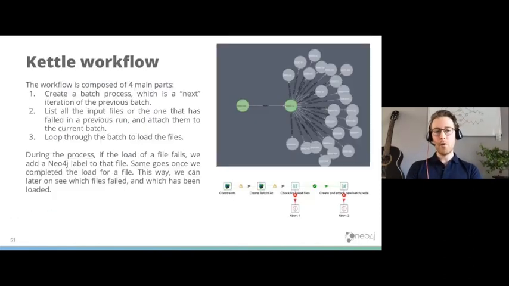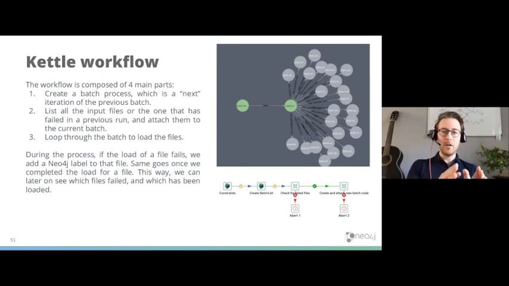So how does our Kettle workflow look? There are 4 parts. The first part is to create a batch process. The batch process is a way of saying, I'm starting an ETL process. I'm starting to load some data, and that would be a process where I want to list all the files that are available and load them.